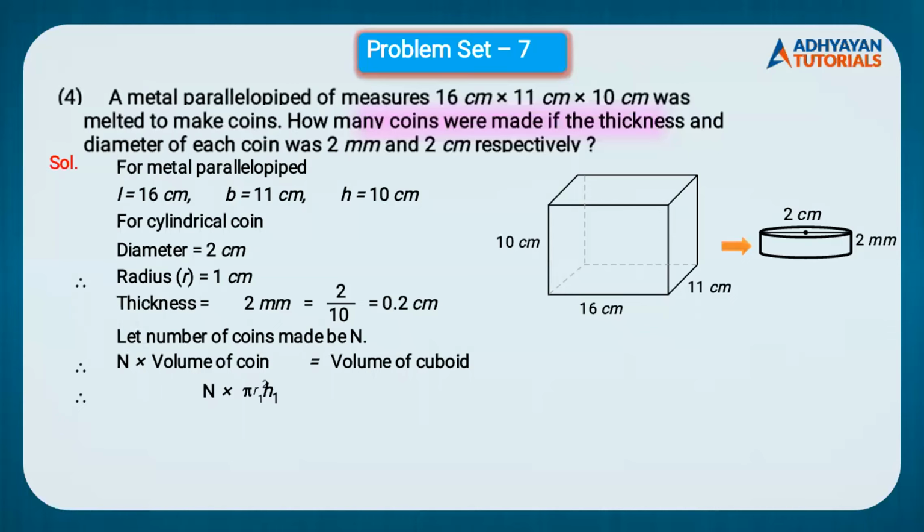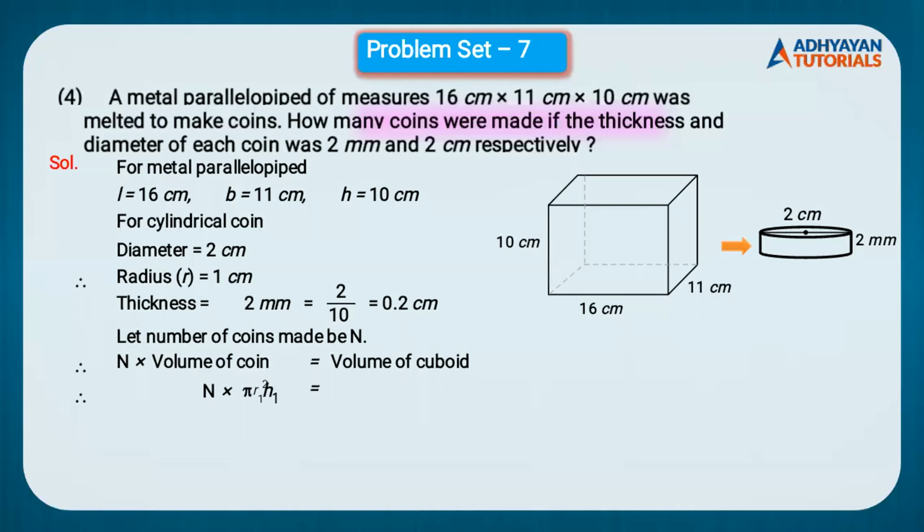Because the height of the cylinder is the thickness of the coin, so h1 we have assumed. And since we are assuming h1, r को भी हमने r1 बोला है ताकि रिदम में निकल जाता है. Now r को r ही रख सकते हैं या r1 भी ले सकते हैं. That is our choice. But we have made it pi r1 square h1.